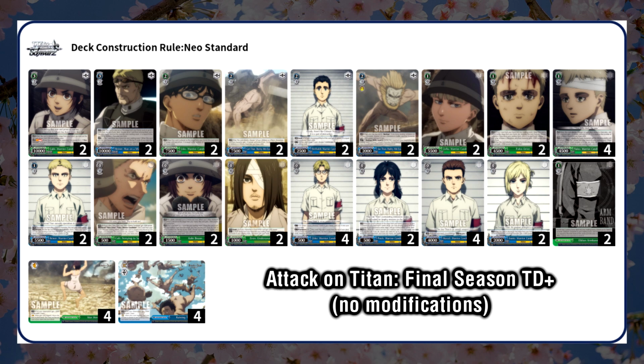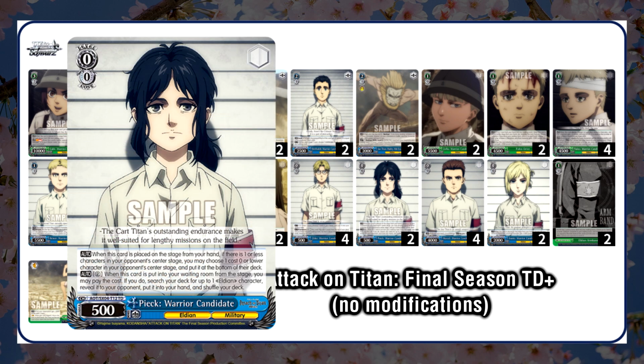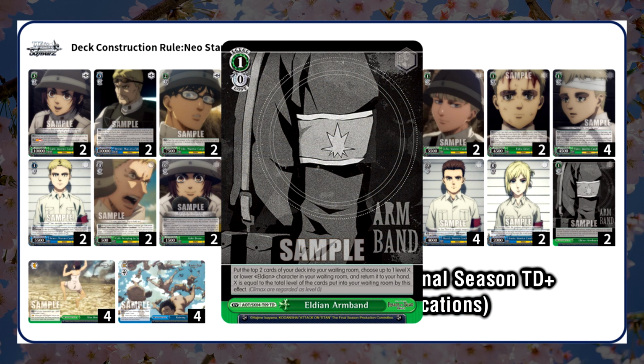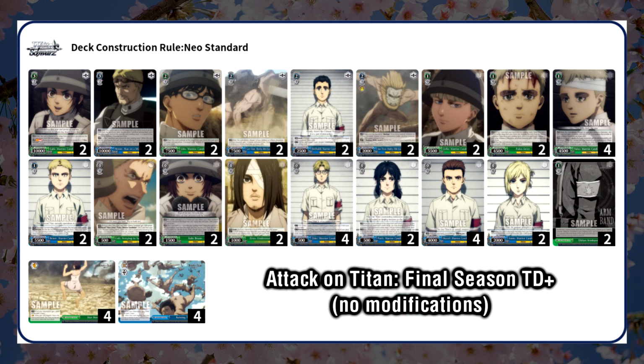There's some other good playable cards here as well. Peak Warrior Candidate is similar to the Rudius PR card, the Trial Deck Brainstorm has a good secondary effect, and the Eldian Armband event is a solid utility level 1 event that Gabby can grab off the top 4. All in all, this is a decent place to start from,